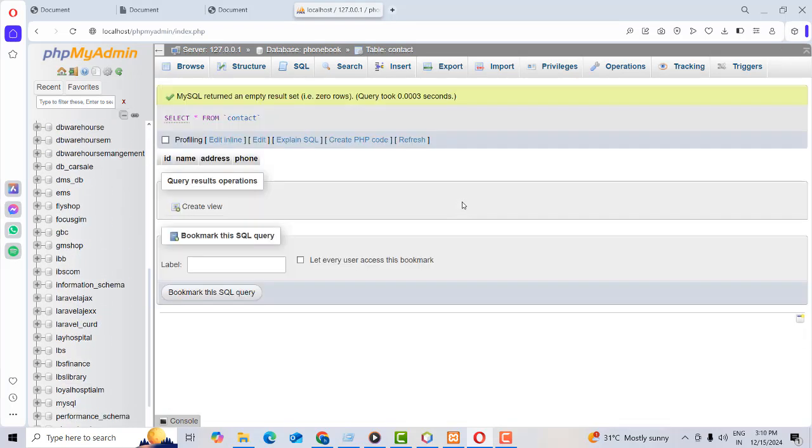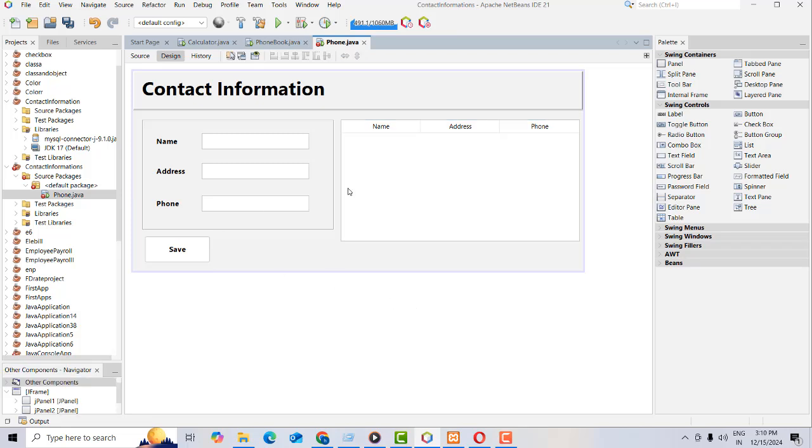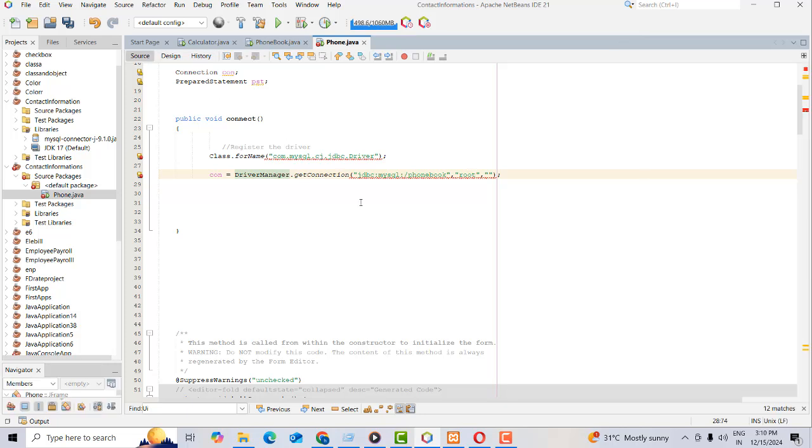So now I'm going to add the details, so you have to understand. Okay, so what I'm going to do is go to the design. So we designed the form successfully. This is the code. Okay, so first I'm going to